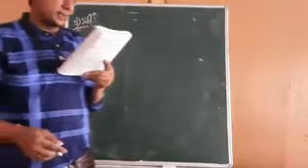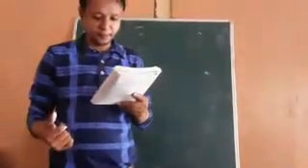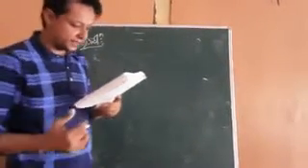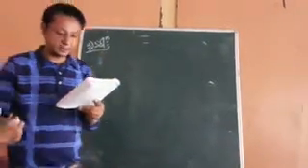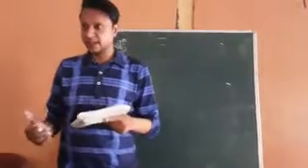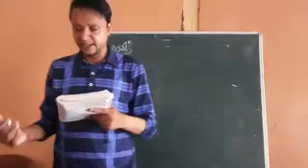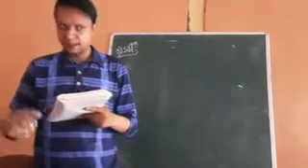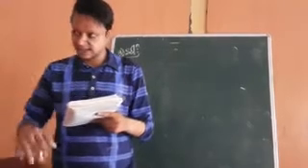Very lengthy. 3 number. If theta and phi are acute positive angles and sin theta equal to 3 by 5, sin phi equal to 5 by 13, then find the value of sin theta plus phi. Then you are again asked to find the value of cos theta minus phi and tan theta plus phi. So we are asked to find the value of sin theta plus phi. What is the formula of sin theta plus phi? Sin theta cos phi plus cos theta sin phi.